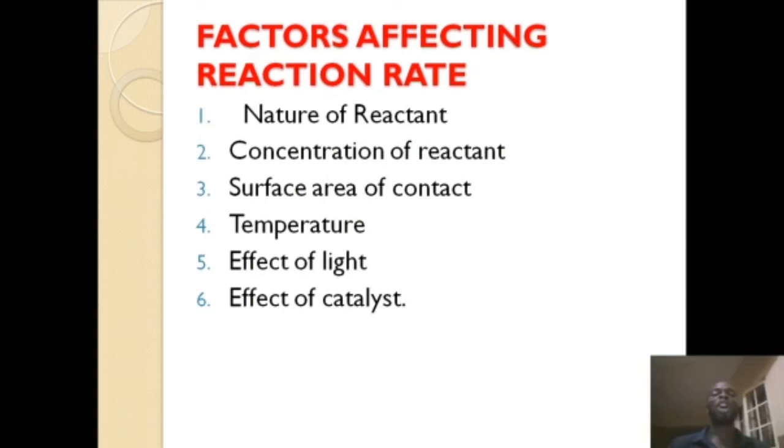There are some reactions which are very slow in process. Now when you add some catalyst, in most reactions we use nickel as catalyst. On some occasions we use H2SO4, vanadium 5-oxide, and so on and so forth. Now what these catalysts do is that they make the reaction occur very fast, or they make the reaction occur very slow. So they alter the rate of a chemical reaction. So this is what a catalyst does in a chemical reaction. So these are the 6 factors that affect the rate of a chemical reaction.